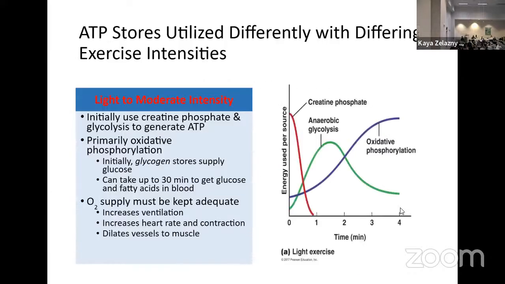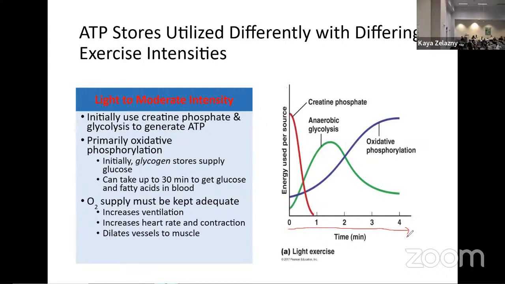Okay. So when we think about working out, when we think about exercise, that creatine phosphate is going to be one of our first forms of energy that gets used by your muscle fiber for its ATP production, right? So what we're looking at here is over time, over minutes of exercise, how are we making the ATP? So this is our energy used per source. Which method of making ATP is in charge at this point, is most useful, is giving you the most ATP? Okay. So when we start exercising,